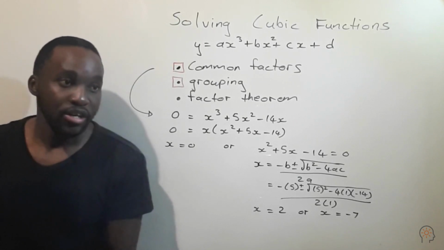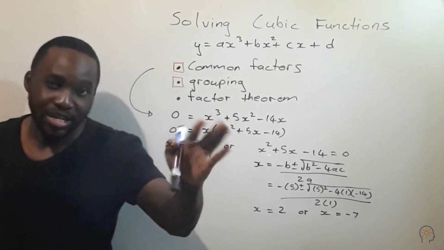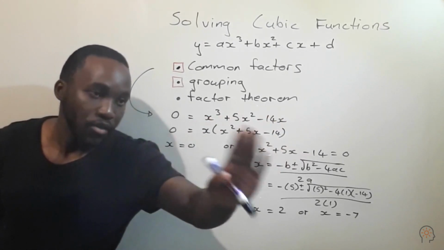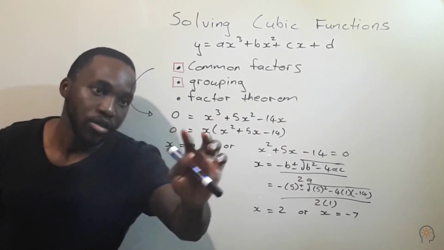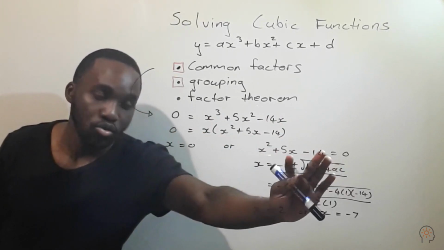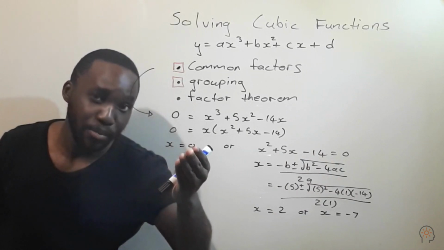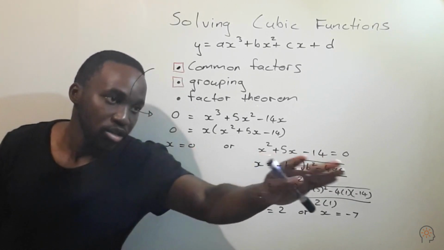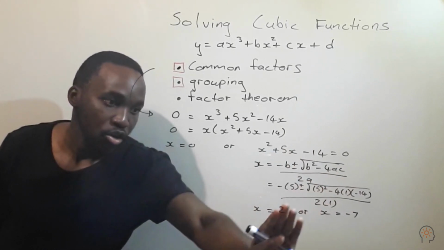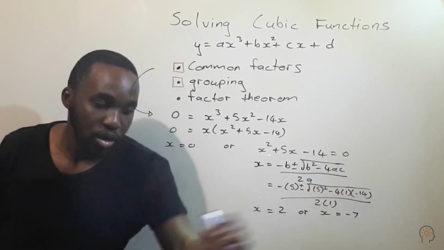So there you would have used common factors to work out a cubic function. Very simple, and you can always bank on getting some of these here and there, where you can easily take out a common factor and then solve for x. Here we know that this is giving us our first solution. This is going to give us our second pair of solutions. This is just a quadratic equation. We threw that into the quadratic formula, worked it out, and we got x equal to 2